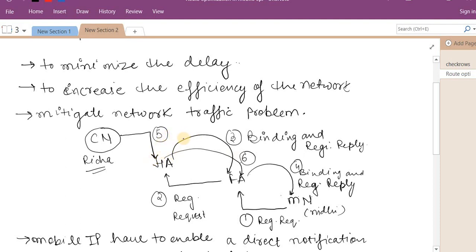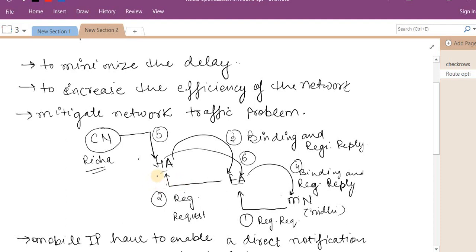And basically the tunneling is a 6-step process. So how is it a 6-step process? This is the foreign agent, this is the home agent, this is a foreign agent, and this is the mobile node. When the mobile node is inside the foreign network, then mobile IP comes into account. Otherwise mobile IP is not needed. If the mobile node is residing in its home network, then mobile IP is not needed. Mobile IP comes into account when the mobile node is changing its location, and it has to maintain the connectivity and the continuity of the service. Currently the mobile node is nothing but myself, that is Nidhi, and I am residing in Nagpur. So the foreign agent will be the router or the base station of Nagpur.